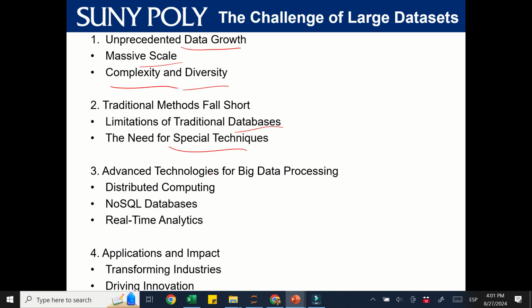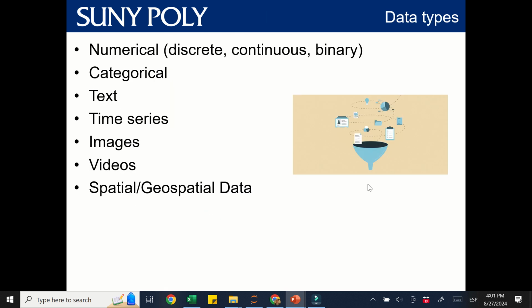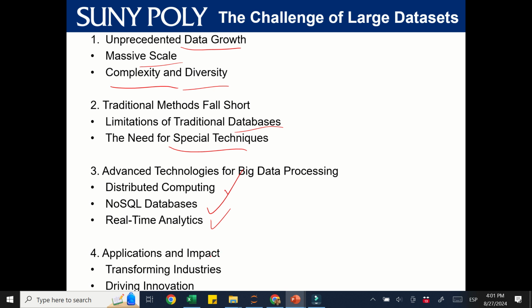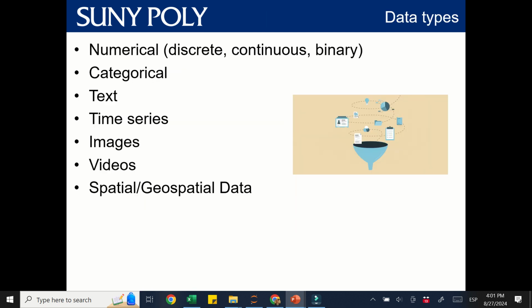So we need advanced technologies for big data processing. So here, some of them are distributed computing, and we will see them in the next slide too. NoSQL databases and real-time analytics. So the idea is that the applications, we want to make an impact. So we want to transform industries with the big data, and the idea is to drive innovation while we're doing that. So you have to learn some of the